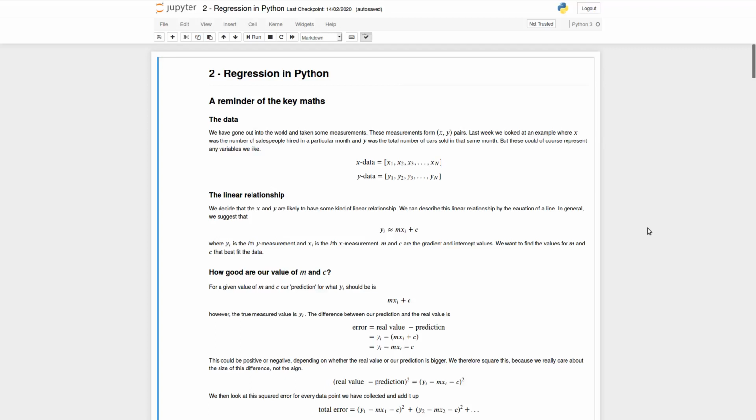In this week we're going to be talking about regression, and we are going to be learning how we can actually do that, how we can solve real regression problems using Python. So last week we looked at just some of the ideas around regression, just what it is, how you might solve it in principle. This week we're going to look at some real data, some real problems, and see how we can really solve it in Python. Okay, so just as a reminder of the key maths,